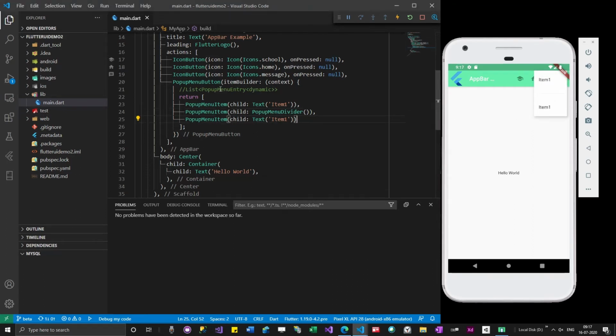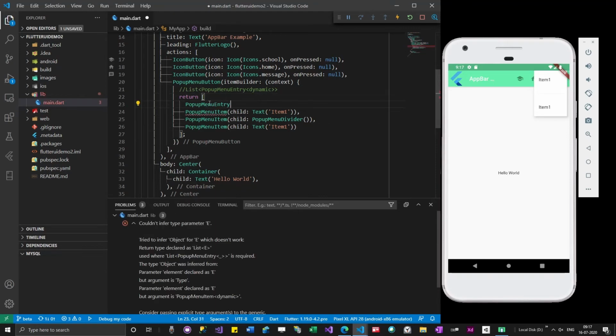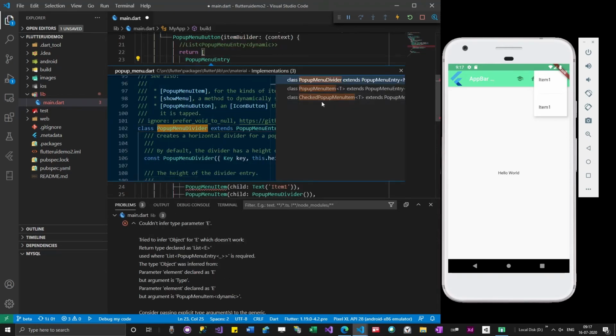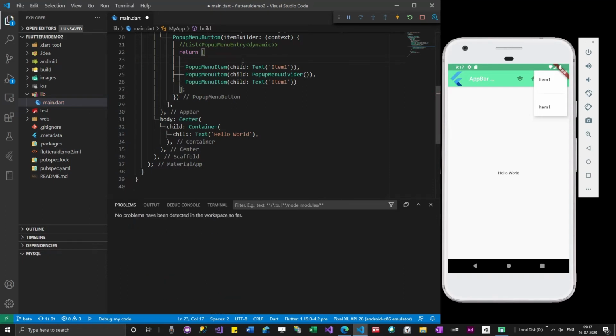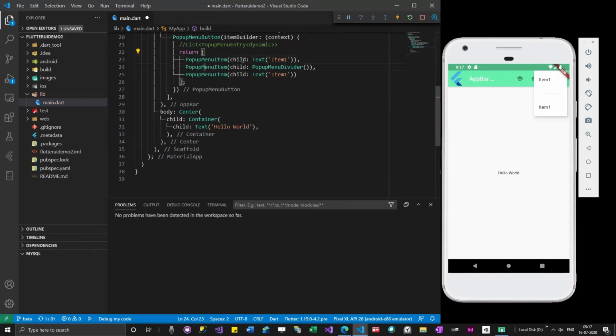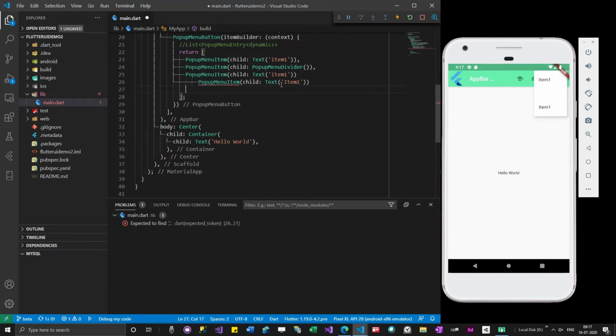If I want to try the other item, which is checked pop-up menu item, create the same stuff.